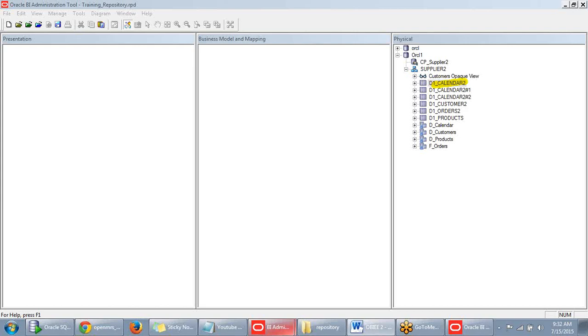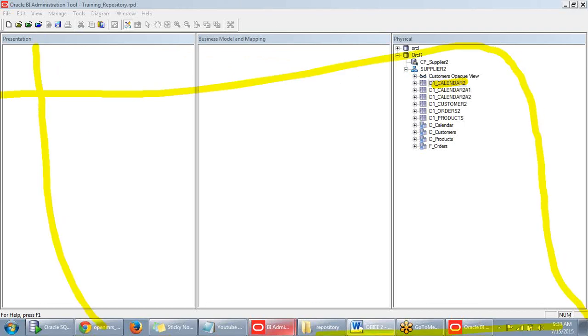Let us say here we have only one physical schema. From this one physical schema, we can create many business models. That is, the relationship between this and this will be like one to many. In this entire administration tool, we can define relationships like this: if you have one thing, from this one thing we can create many business models,